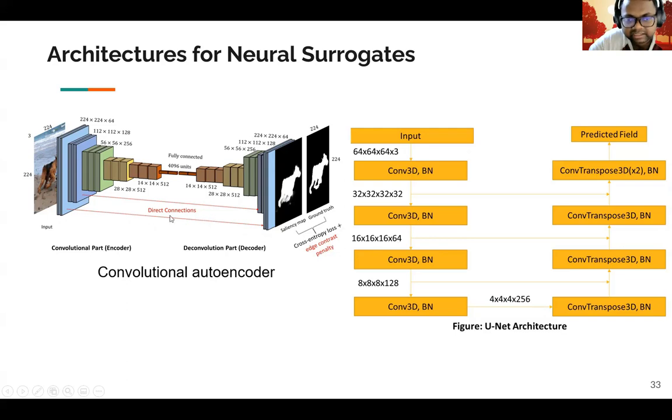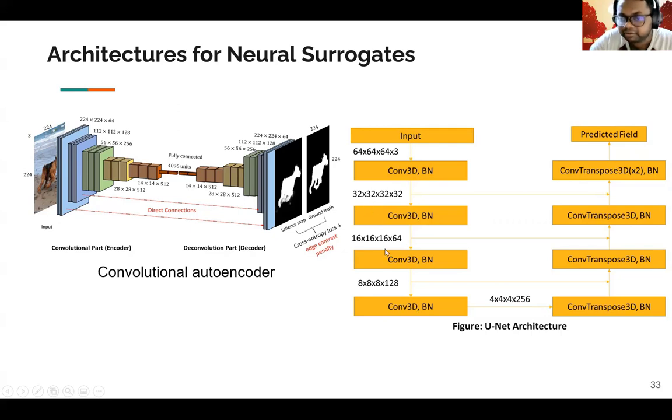Now, this approach is very robust. People have been using it for a while and it gives you very good results. However, over the past few years, there has been a surge of use of U-Nets and its derived networks like pyramid structural U-Nets and U-Net++ and other architectures, which use the same phenomena as convolutional autoencoders. So you perform a set of convolutions and a set of transpose convolutions, along with batch normalization and other layers. Apart from this, you also perform something called a skip connection, where you concatenate the vectors of the same dimension together to improve performance.